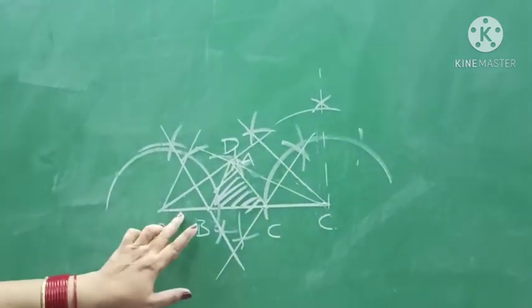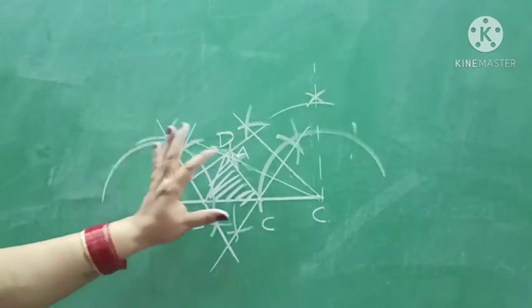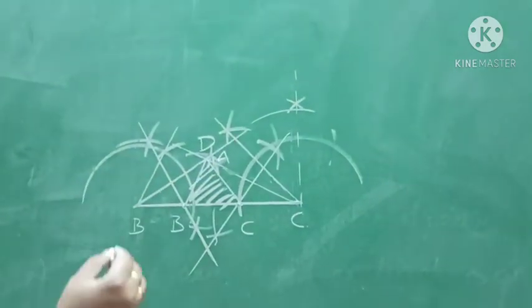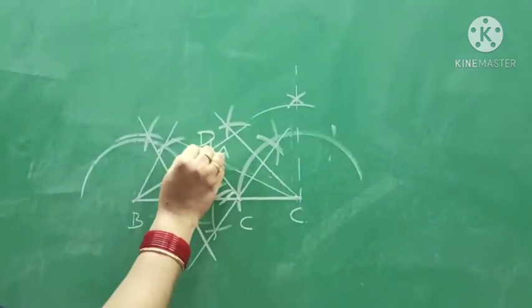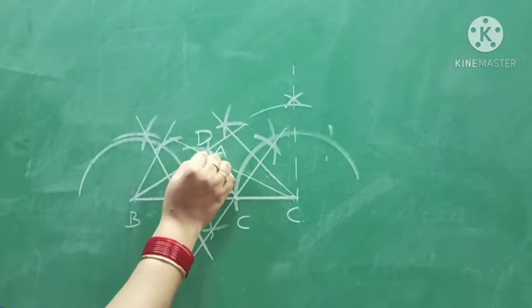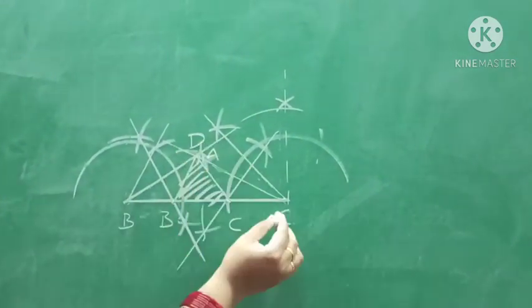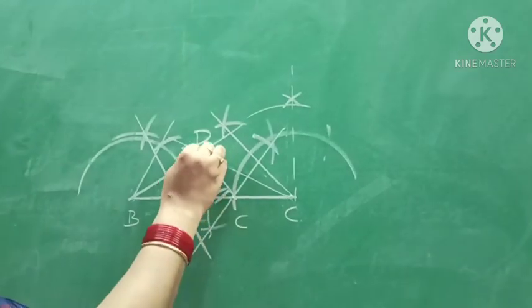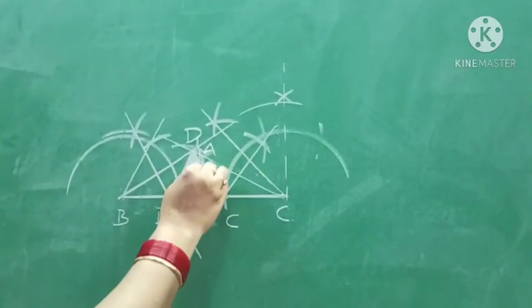So once again we have to draw a line of any measurement. Draw a 60 degrees angle and a 45 degrees angle. Now bisect 60 degrees and bisect 45 degrees. Then we have to draw the perpendicular bisector of these angle bisectors, and where these two lines meet is our triangle. This is our triangle.